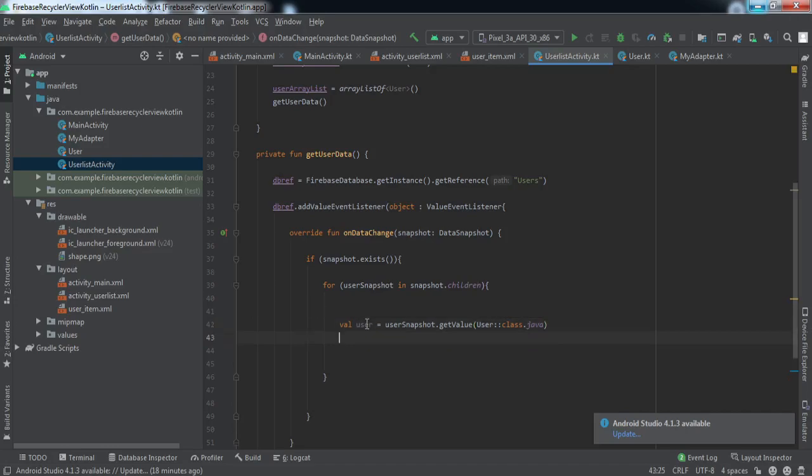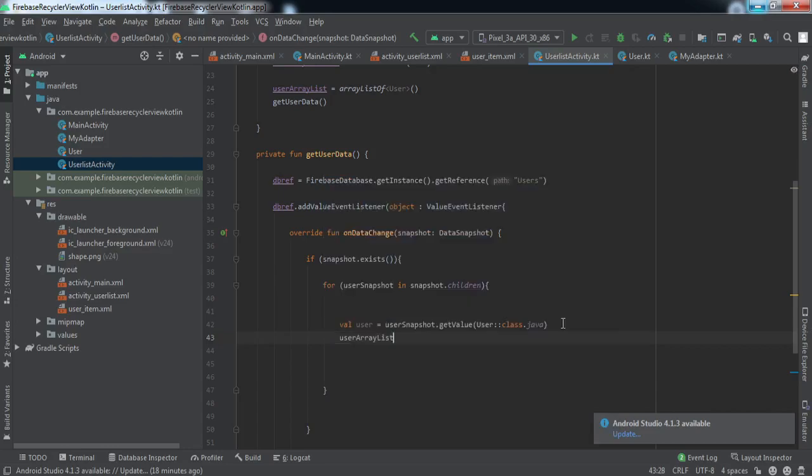So this is how we create the object, right? This is how we get the object inside this variable. So if you're not familiar with Kotlin, it may look a bit scary, but you'll get used to it. Just consider it as, for example, we type user, the name of this class, dot class. It will do the same thing. So the whole object will be stored inside this user. Now we'll add this user to our array list.